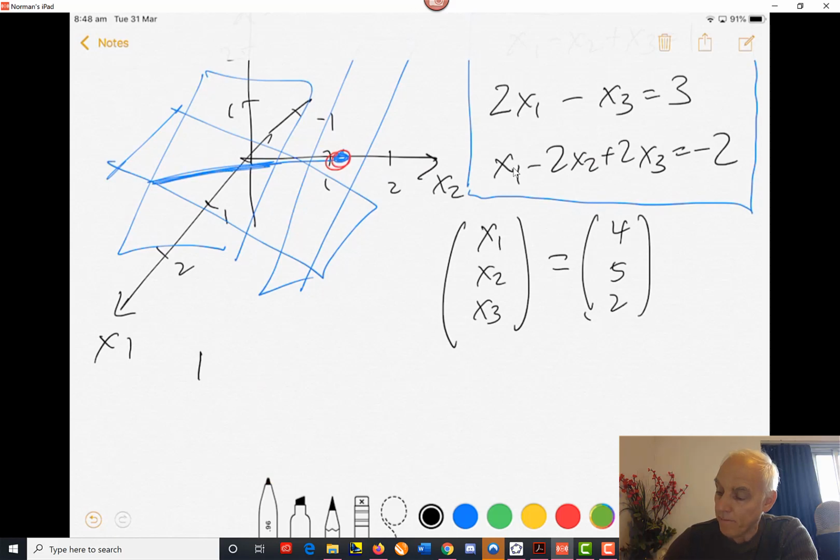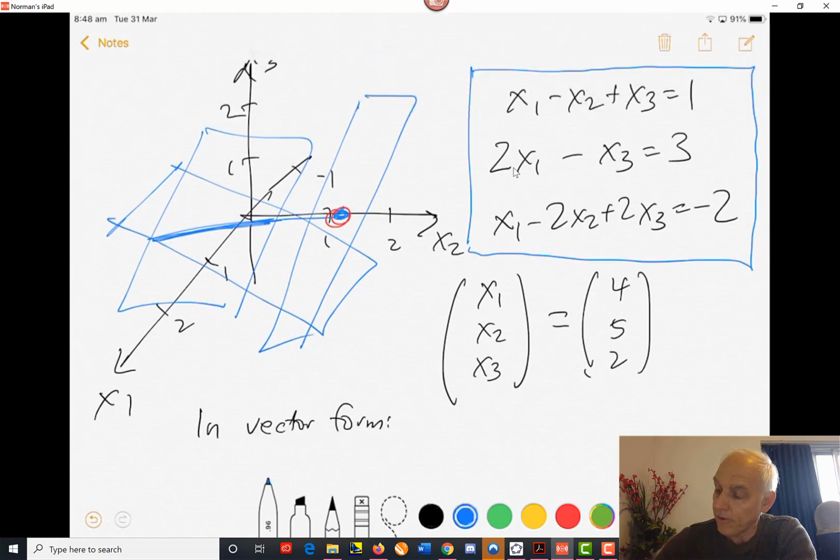So in vector form, this same system can be expressed in the following way. So we're looking at the system here. Let's call it double star, okay? So double star becomes,